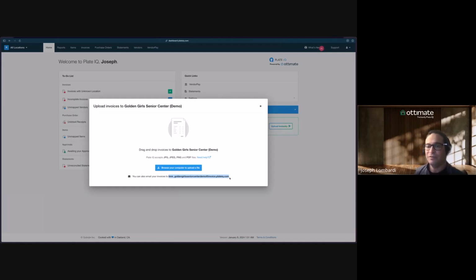What this means is you can forward emails from Outlook or Gmail. You can have vendors send them directly to this email address. It's a great way and a very easy way to get those invoices into Ottimate in a very quick and